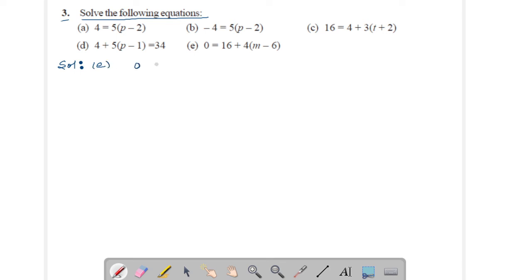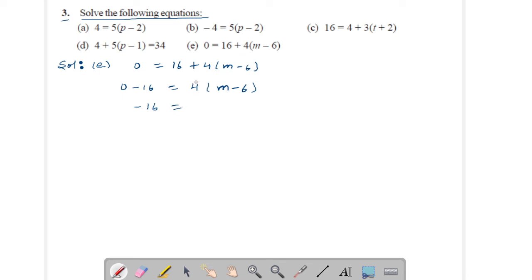It is 0 equal to 16 plus 4 within the bracket m minus 6. Here, transpose 16 to left hand side. Sign will be changed. This can be written as 0 minus 16 equal to 4 within the bracket m minus 6. Solve it. 0 minus 16, it is minus 16